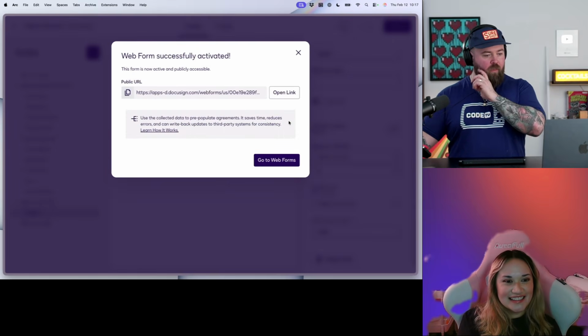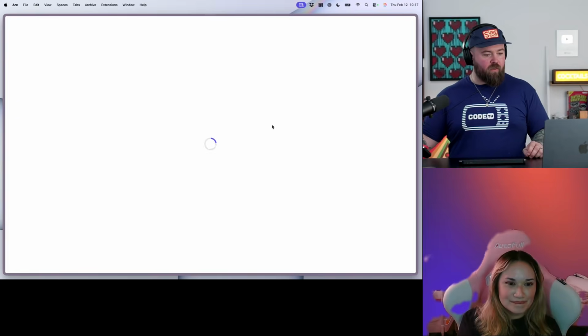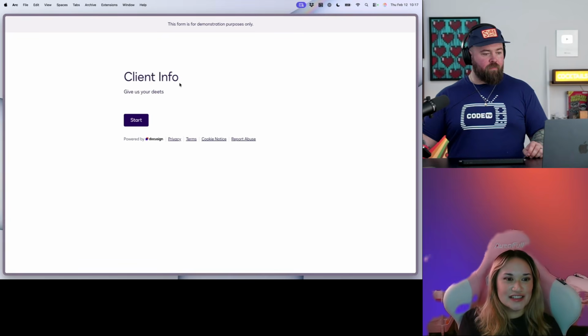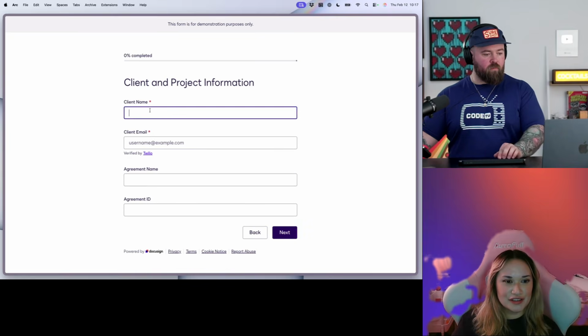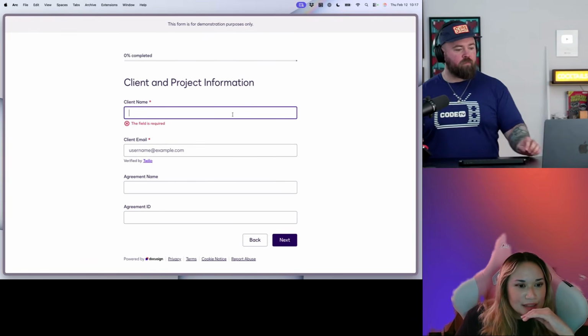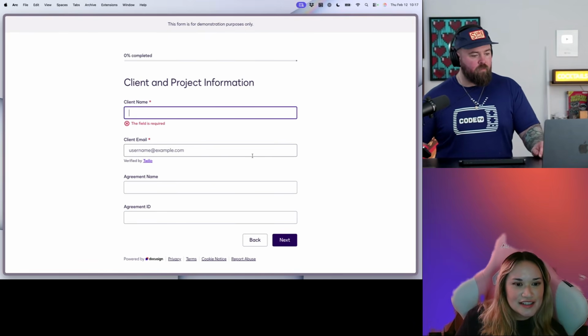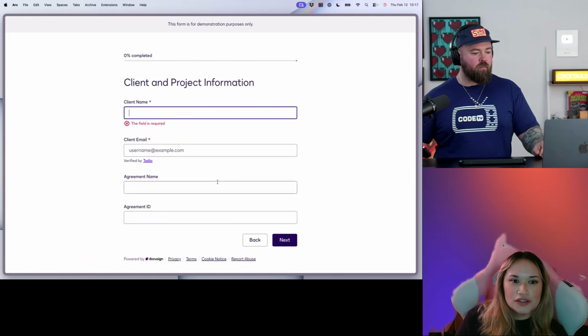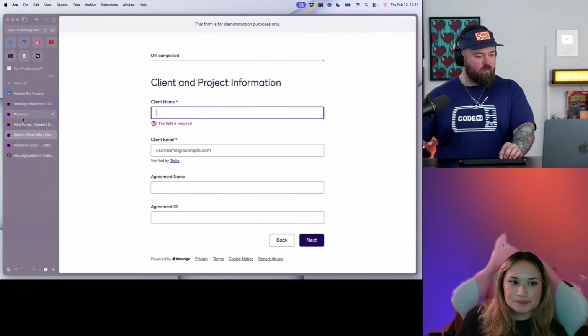And we're going to make this one public so that we can use it. Yeah. And so this is what the web form looks like. If you just want to click through really quickly, we don't have to fill it out right now because we will later. Okay, got it. But yes, that's what it looks like. We can head back now over to our workflow builder.